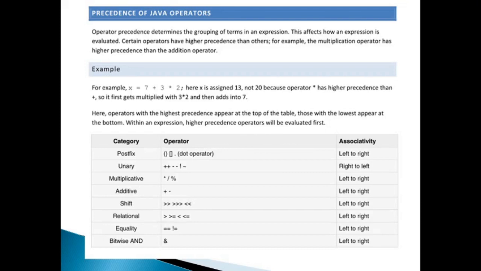Then we have to follow left to right in order to evaluate our expression. So the parentheses and square brackets follow the left to right associativity rule. Then the unary plus and minus, the not and the tilde follow right to left, and in the same way all these operators show their associativity.